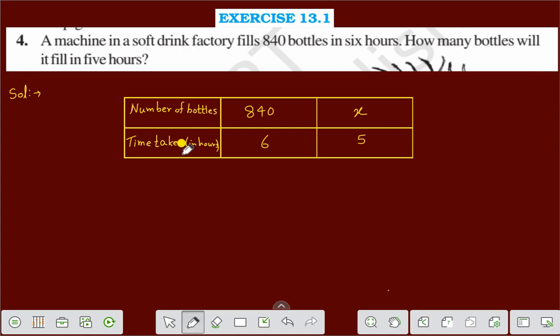Here you see, if we increase the number of bottles, the time taken will be more, right? That means you can say that the number of bottles and the time taken in hours are in direct proportion, right? Therefore, you can say that the number of bottles